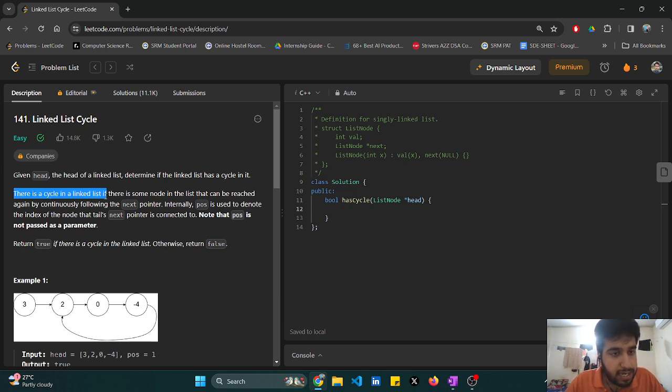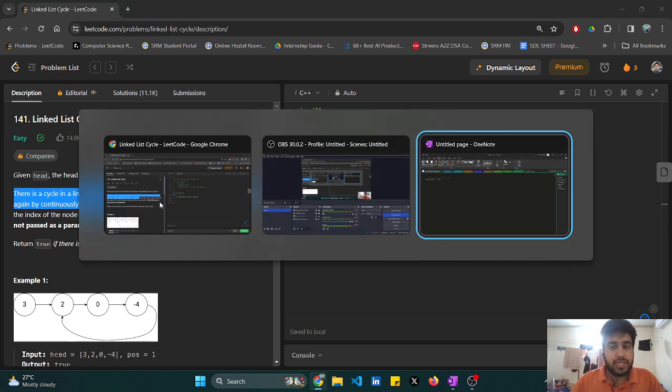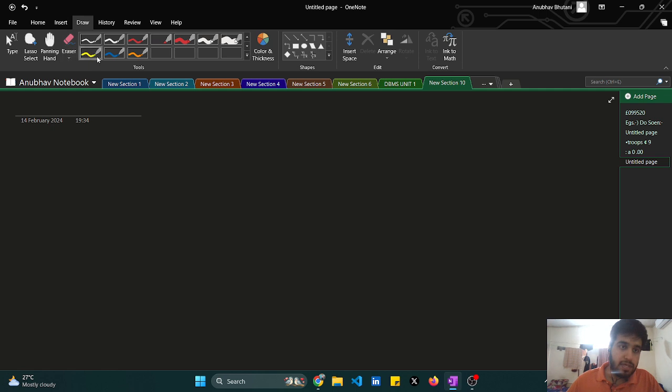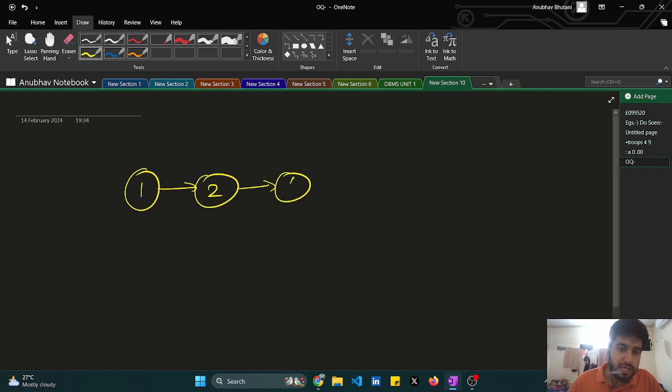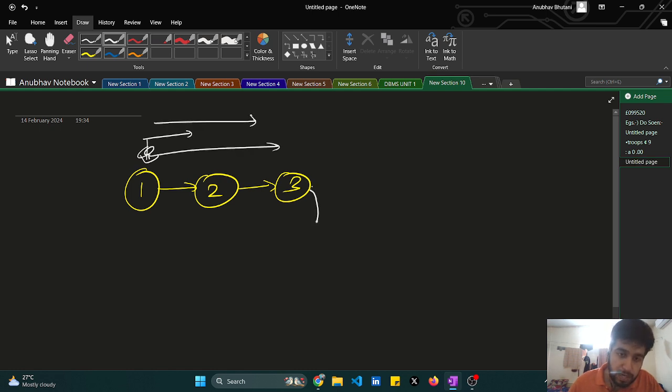So there is a cycle in a linked list if there is some node in the linked list that can be reached again by continuously following the next pointer. Okay, so it is saying that if I am moving on the next pointer again and again, if I traverse this whole linked list, then after some time, my pointer should be again at one of those positions